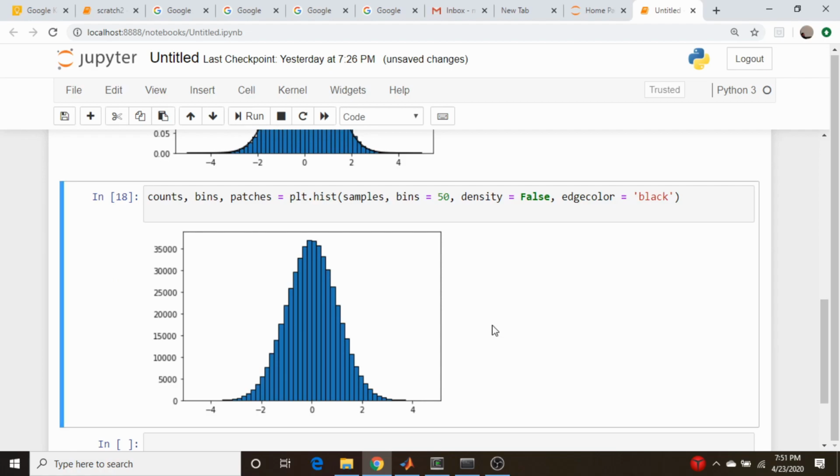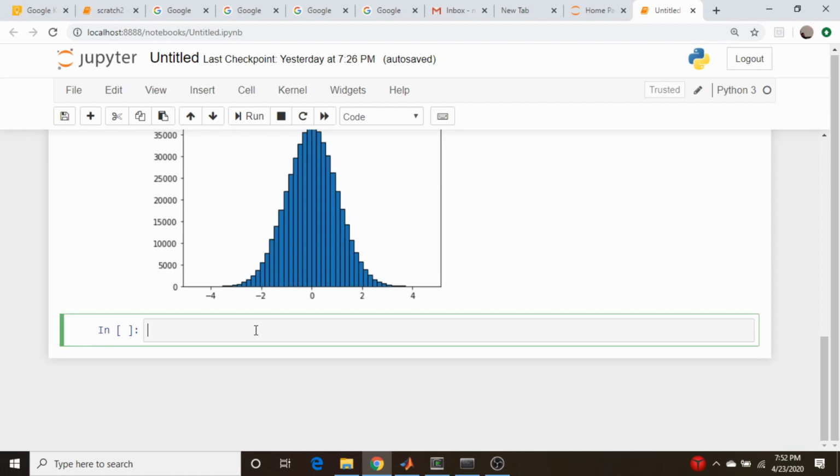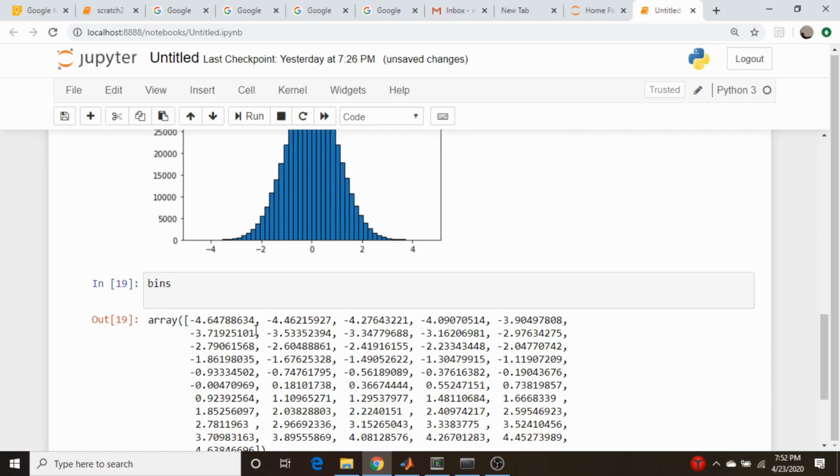Okay, so in order to normalize by this total area, we need to know what that area is. Fortunately, these are rectangles, so it's pretty trivial to find the area of each of these rectangles, and then the total area, of course, is just the sum of all of those little areas. So let's do that. Okay, so the bins variable here contains the positions of all these bin edges, the x position of all these bin edges. So the width of the bins we could calculate as a vector, and let's call them bin